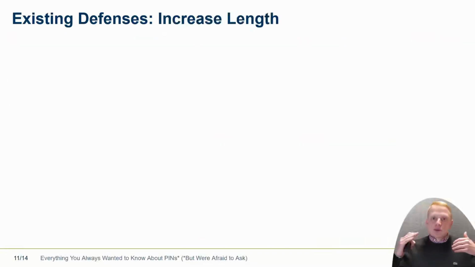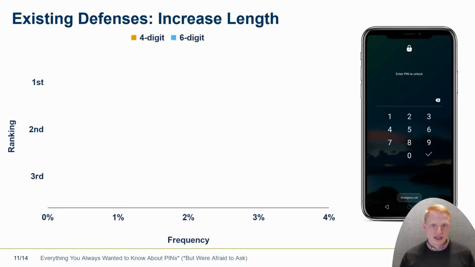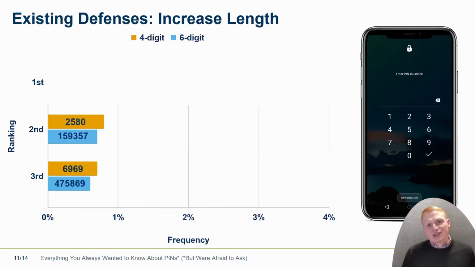Okay, let's say we want to stick with the PIN, and we're, for example, in the mobile authentication world, where we can go with a 4 or also 6-digit PIN. And we want to look at the most frequent PINs which are used out there. So on the x-axis we have the frequency of the PINs, and now let's look at places 3 and 2. Pretty intuitively, I would say it happens what we would expect. If we go with the 6-digit PIN, it becomes more secure because, well, there are 2 more digits added to it. However, that's only half of it.